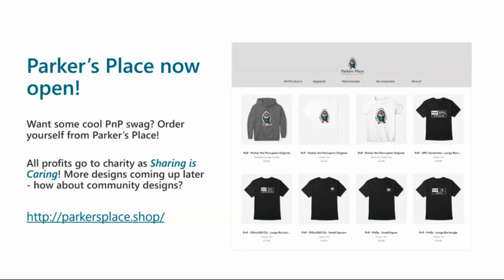And there are different kinds of designs. We're looking into potentially having community designs here as well. What's cool about this one is that all profits go to charity, because sharing is caring. So it is not there to make money. All of the profits will be going directly to the charity. I think it's thecode.org, helping kids get started on computers, even if they wouldn't have the money to actually buy computers and coding and all of that stuff. So we're trying to make the world a better place with the things you might be investing in these designs.